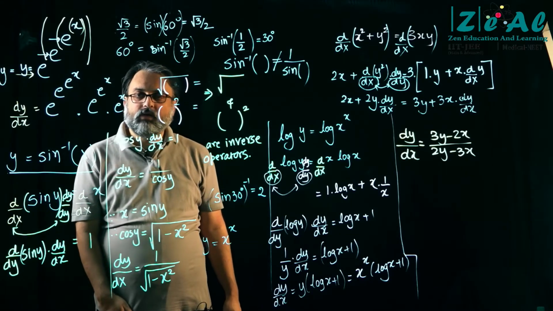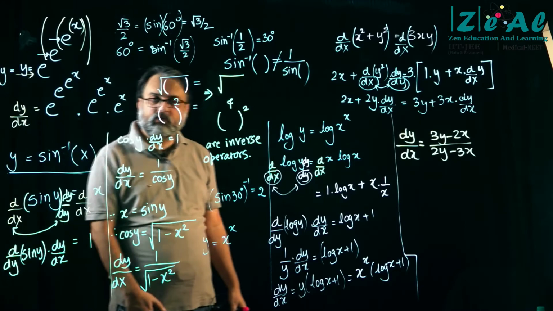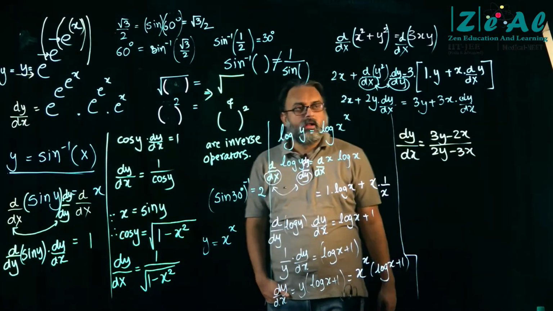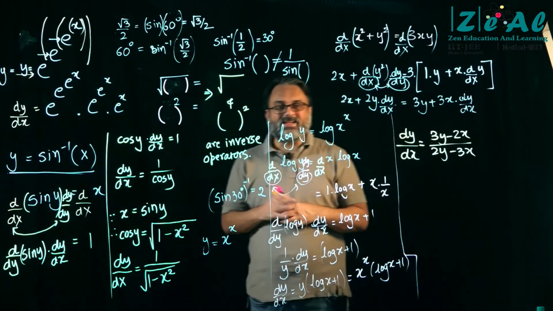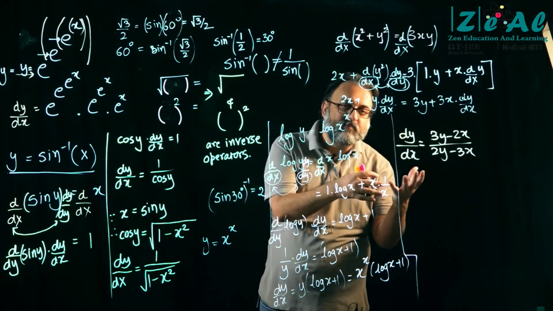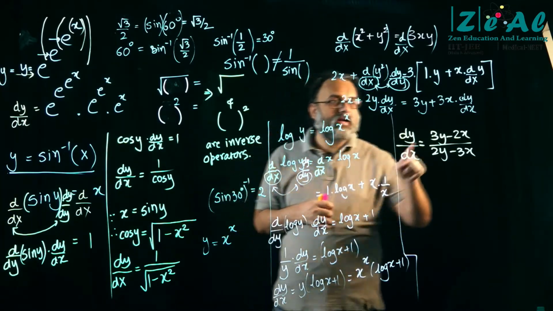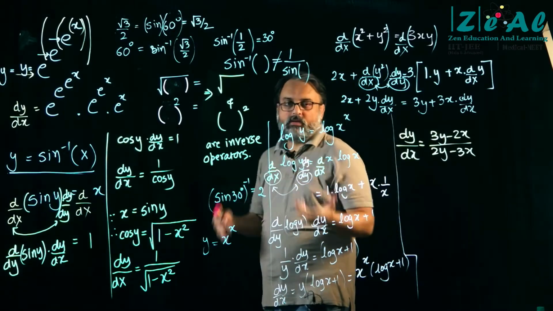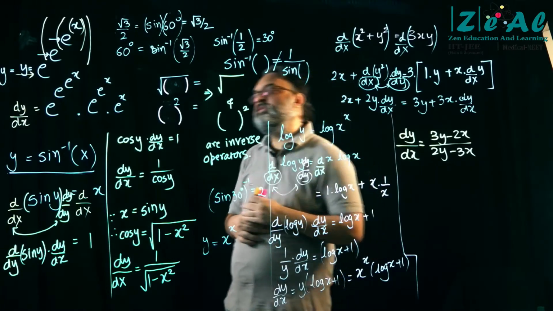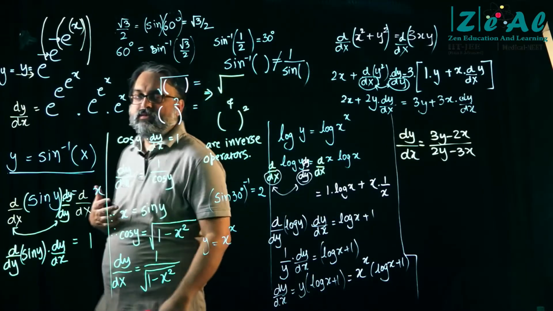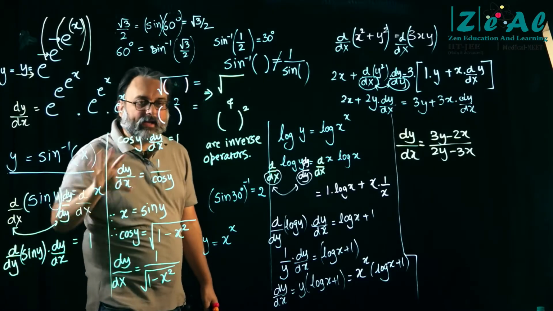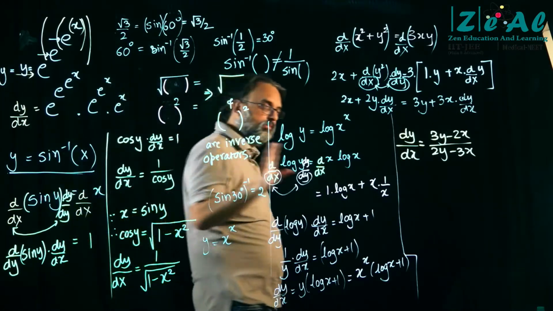Harshita, what have you written? No, you simplified it a bit more? Okay, that's okay. Now please notice that in implicit function you invariably end up with a y here, and you cannot do anything about it. So in implicit functions, the dy by dx answer that you get can contain y. That's not a problem at all. This is the answer.